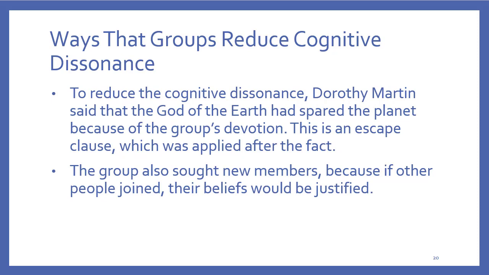We call one of the reactions to cognitive dissonance an escape clause, meaning that after the fact, after the God of the earth spared the planet, the people who believed it said that something else happened. So there's always this little asterisk about their prophecy: this is going to happen, asterisk. If it doesn't happen, it's because of this. So there really is no prediction there, but it gives them the ability to fight through their own cognitive dissonance, to fight through the pain of being wrong. They can still maintain their belief because there's always this little thing they can rely on to explain what happened.